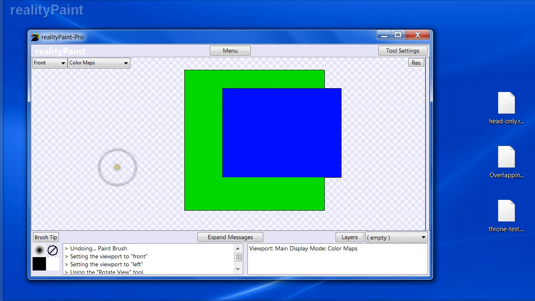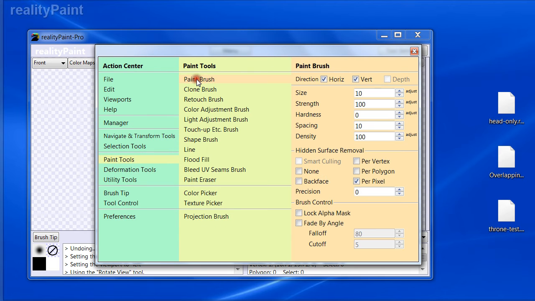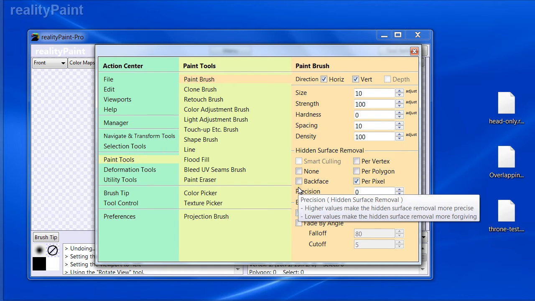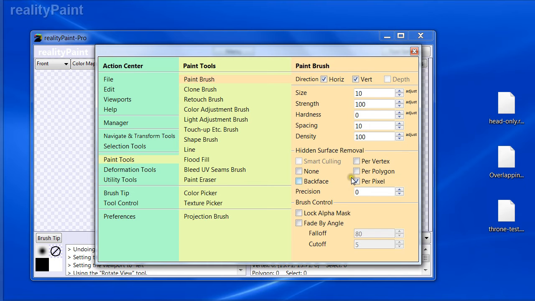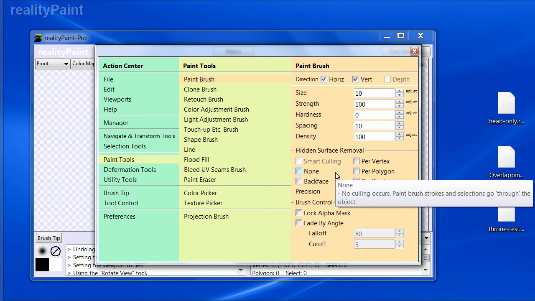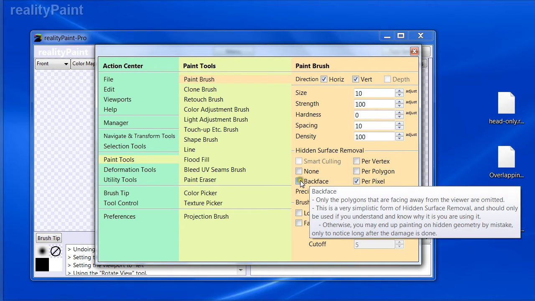And those ones in particular, you're going to want to hide them away and paint on them separately. Or if you're just painting on that layer, you hide what's behind it, because they're so close together. You don't really want to rely on this hidden surface removal for that. So other than that, right? Other than that special case where you get these really thin overlapping planes, it's really not that big of a deal. You just maybe keep this at 50%